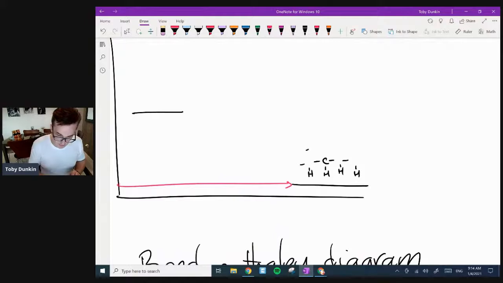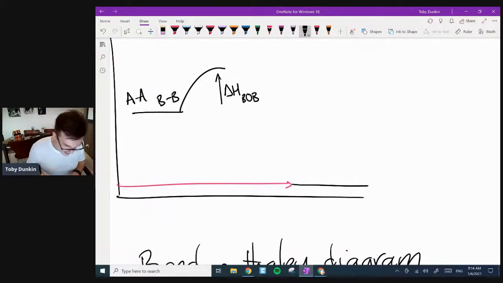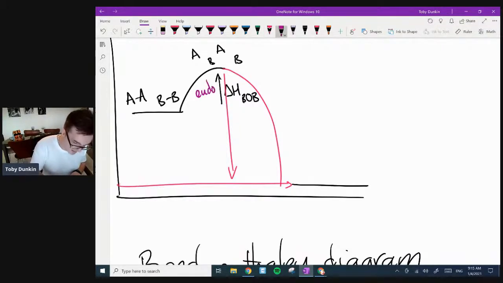Okay, I'm going to, just for clarity here, folks. If you start off with A bonded to A and B bonded to B, in order to break those bonds, I'm going to raise them up in energy. This is the delta H to break the original bonds. Now we've got A, B, and B. All bonds are broken. Then new bonds are now going to get made. Boom! New bonds are now being made. So this first bit, of course, was endothermic because I had to add energy. That bit's endo. Add delta H plus.